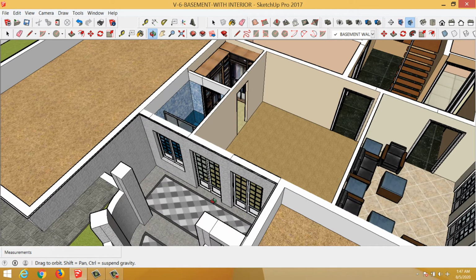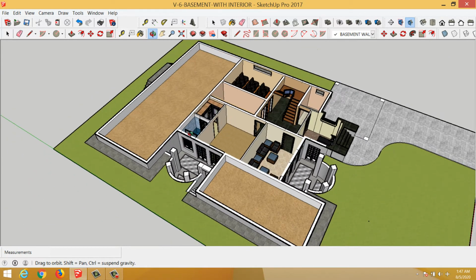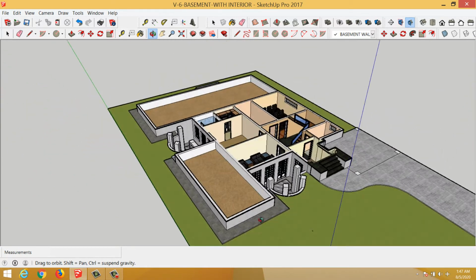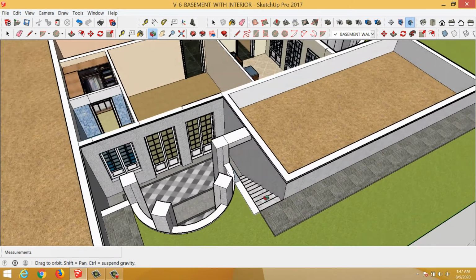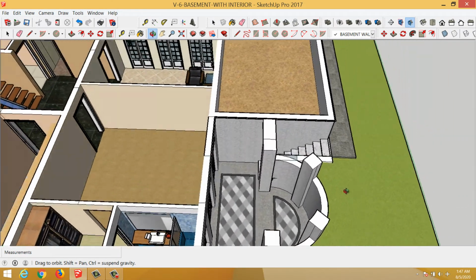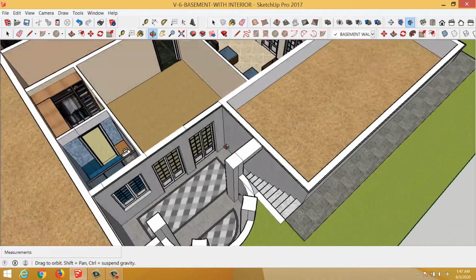But since it could also be used by some guests, it needed another side entrance. So what I've done is that if you see on the plinth level, if you come up here, there's a staircase leading down straight into the sunken lawn. That will also help people to come out from the drawing room and the bed up to the ground level.